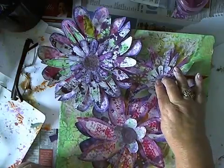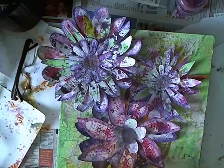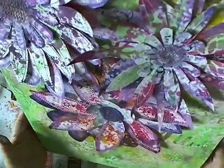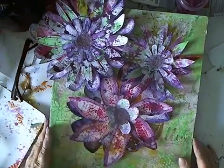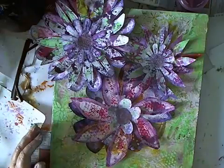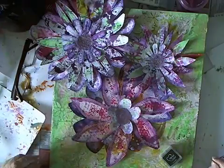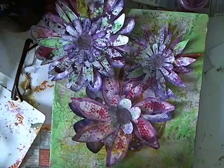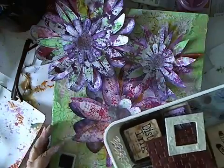Now, sometimes you know when something's finished and sometimes you don't know. Let's just have a look. I feel like it needs something more around here, so I think I might do a bit of stamping with some black. So there's my black tiny little stamp sponge, and it's a matter of deciding what to stamp on there. So I'll get out my container of stamps,